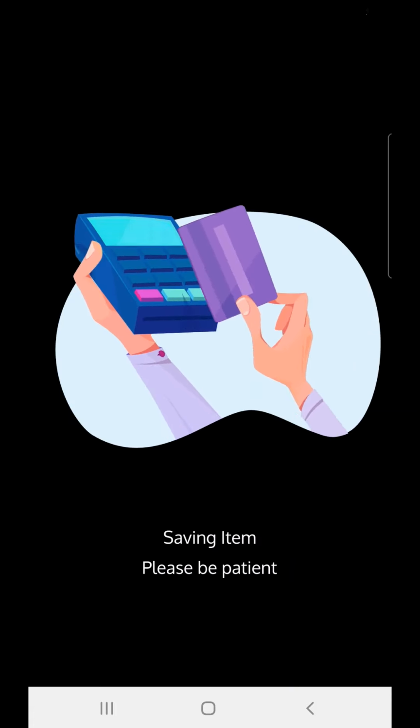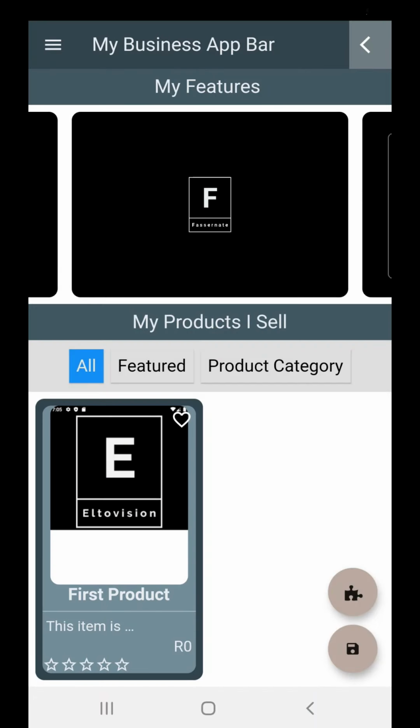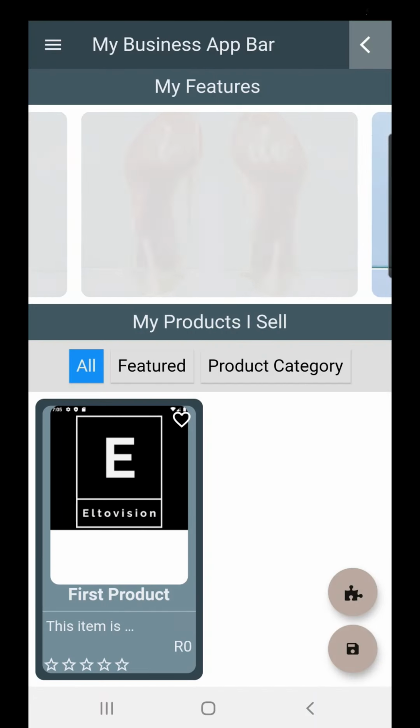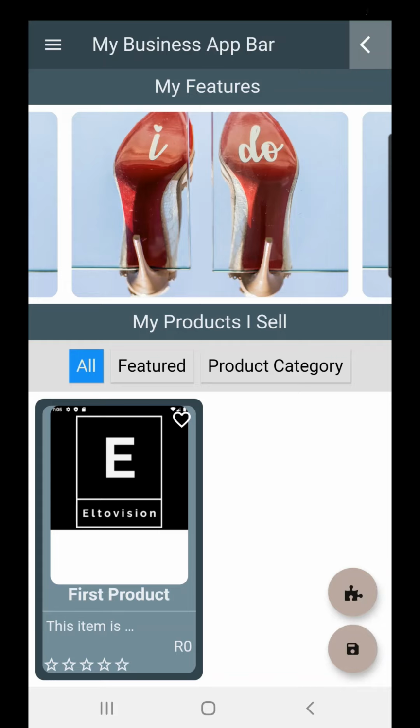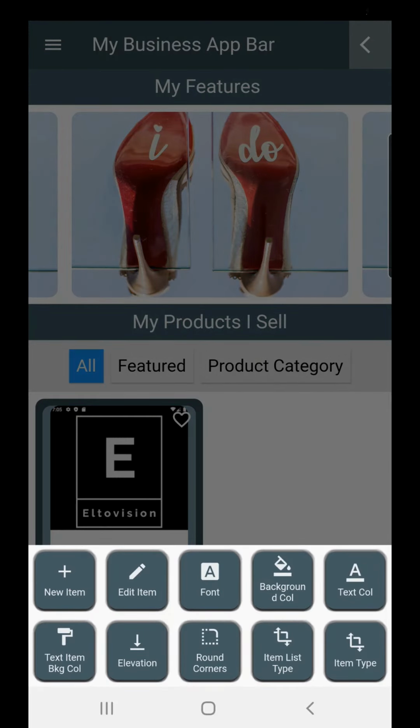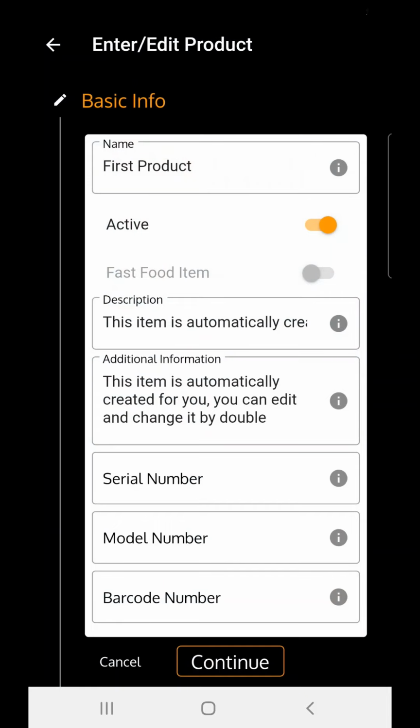And once the item is saved, as you will see now, the new item is being displayed instead of the standard Altavision picture. To then edit the first product, I simply have to double click on the item itself and click on the